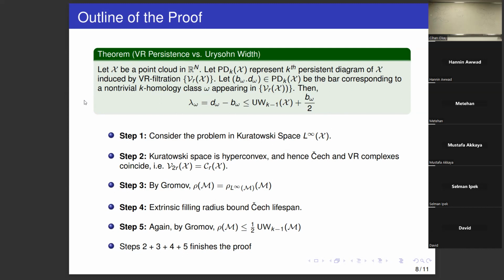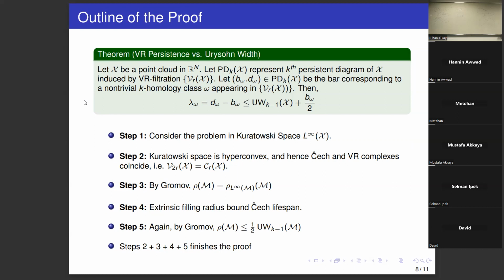If you have like 7 points, and all their pairwise distances are smaller than 5, then their 5 balls must have a non-trivial intersection altogether. This means hyperconvex. In Rn, you don't have this property, but in l-infinity, Kuratowski space, you have this property. That means whenever you have a Čech complex, it must be the same thing as the Vietoris-Rips complex